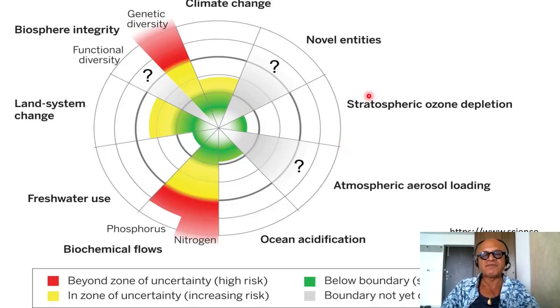Okay, so I'll start with this figure, which is from Will Steffen's paper here in Science, called the planetary boundaries. The concept evolved with Rockström, and they keep updating this figure over time. The quick criticism, of course, is that this is a good way to track, maybe define safe operating spaces for a few things under climate change, like what new things may emerge, like we have CFCs, HFCs, ozone hole, which is separately mentioned here, stratospheric ozone depletion, atmospheric aerosol loading. We don't know where we are or where the safe operating space is.